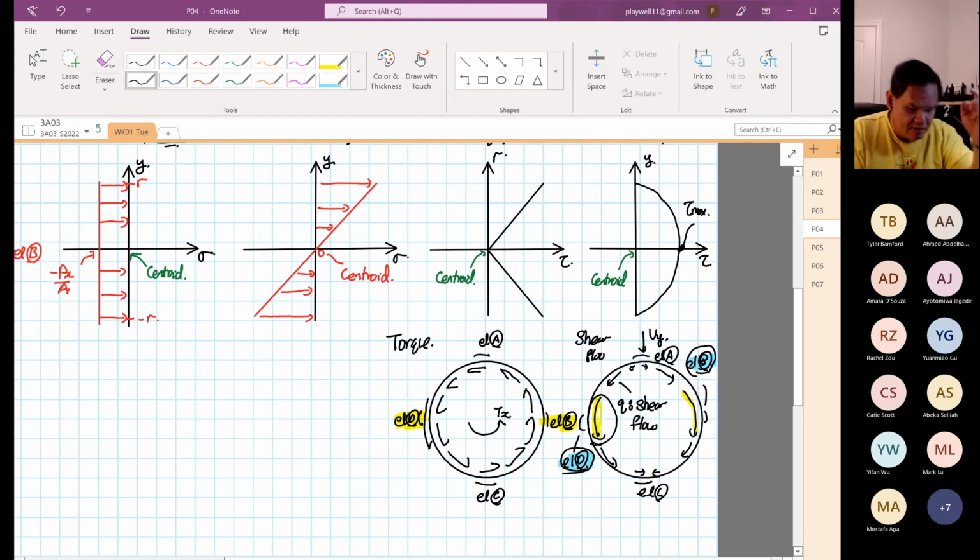So in element D, both the torque and the shear flow are in the same direction. In element B, the torque is generating in a so-called anti-clockwise direction, but the shear flow is